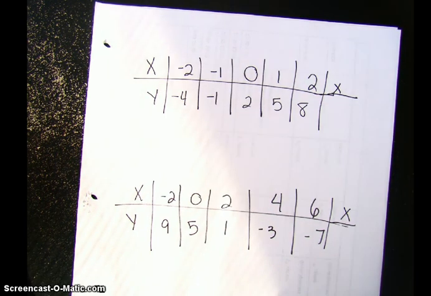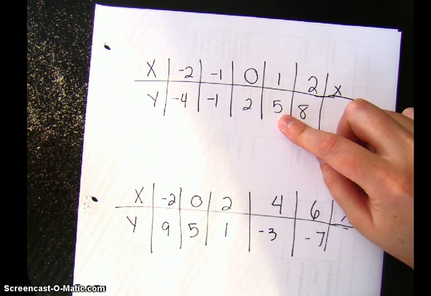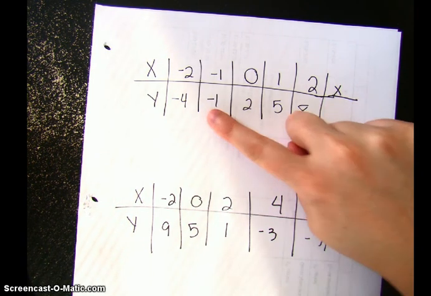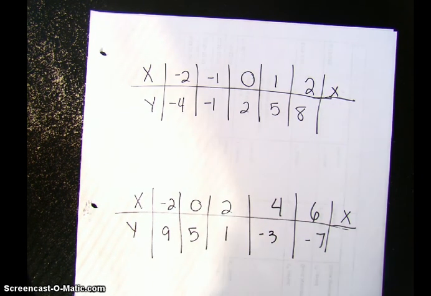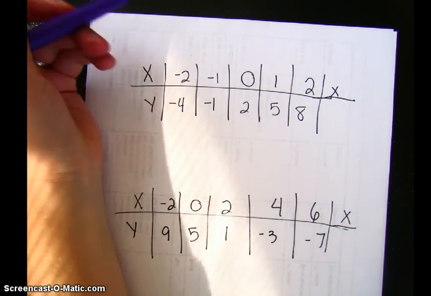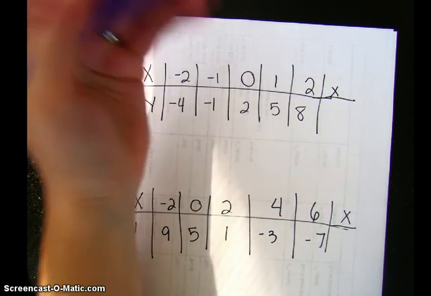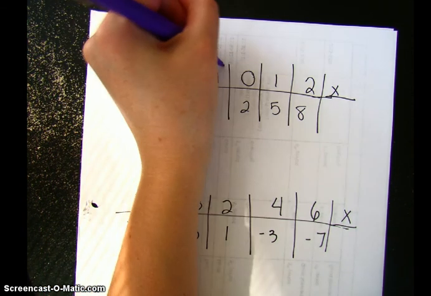So in this one up here, I see, okay, well here it could be multiplied by 4, but that's not true for this. Could be adding 2, that's not true for any of these. So I can't really recognize any pattern right off the top of my head. I'm going to show you a trick that helps you get started on finding the pattern, okay? And this really is looking at the change in your input values and the change in your output values. So let's look at the change here. We're going from -2 to -1, -1 to 0, 0 to 1, 1 to 2. So it looks like we're adding 1 each time